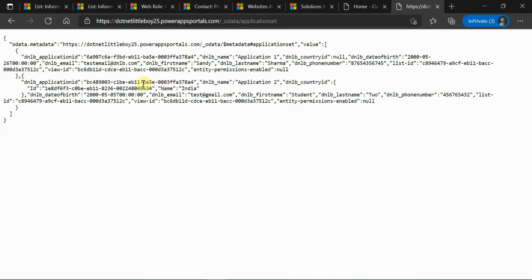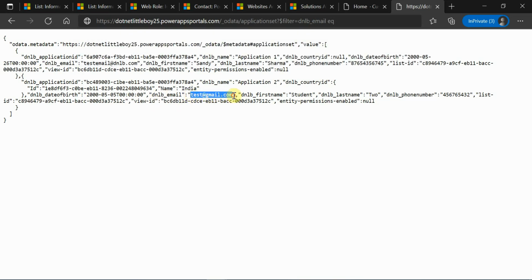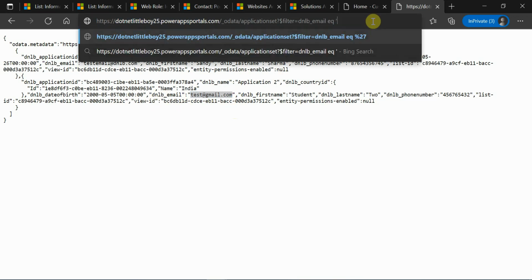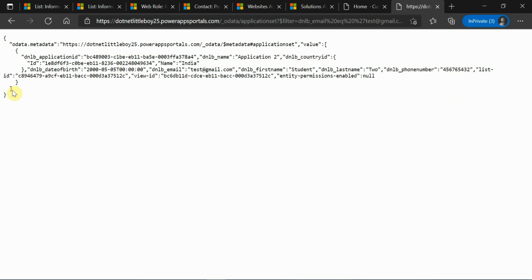Okay, so I want to filter by something like email ID here. So I'll select this email. I want to filter this one. So like that, you can create the filter conditions. So filter equals, and then I will have the column name email equals, and then I can take any email here. So this is one of the test emails. So this record it will display then, right? So I'm going to give this email here. Now you can see the particular email record is filtered.